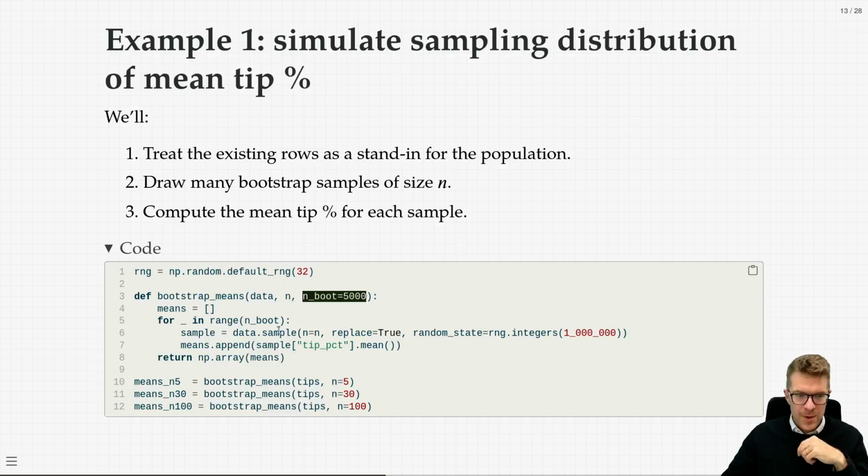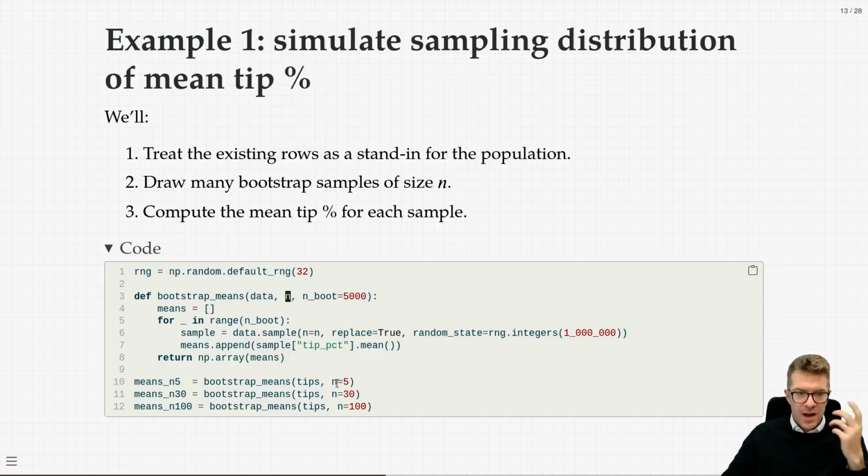Through this experiment, for every sample we have, we're going to look at all the tip percentages and just acquire the mean, and then just keep on storing the mean in this ever-growing list over here, and then we're going to return the ever-growing list that we're adding the means to. This takes a value n as an